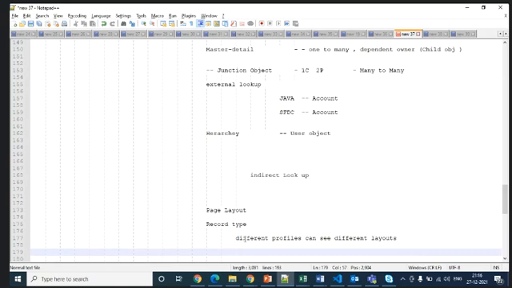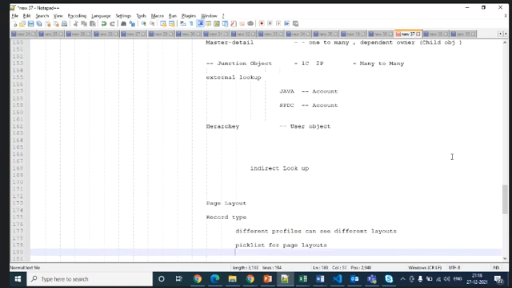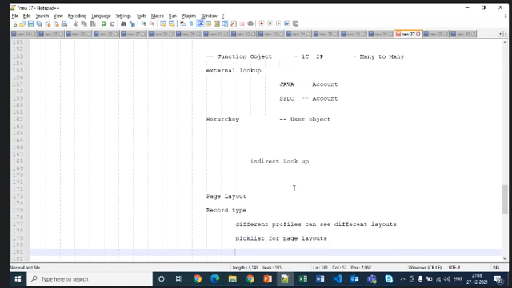Not only this, you can also maintain proper picklist values, and if you want, each page layout can be different, that you can control.